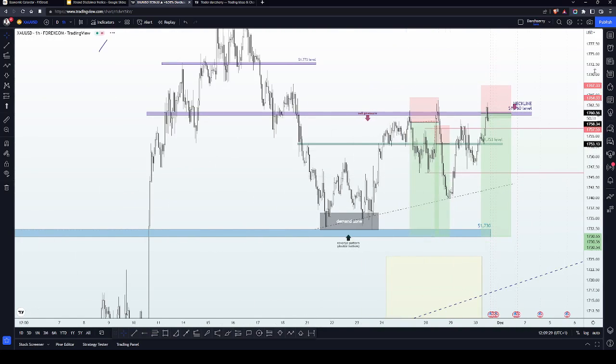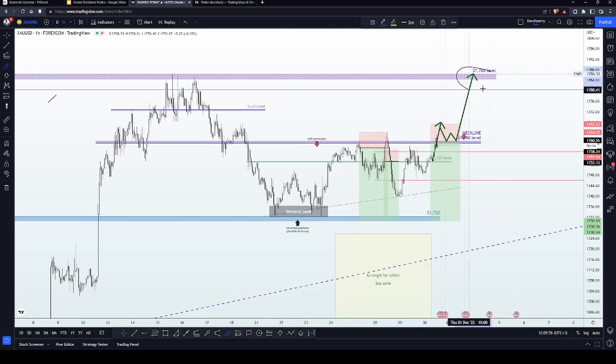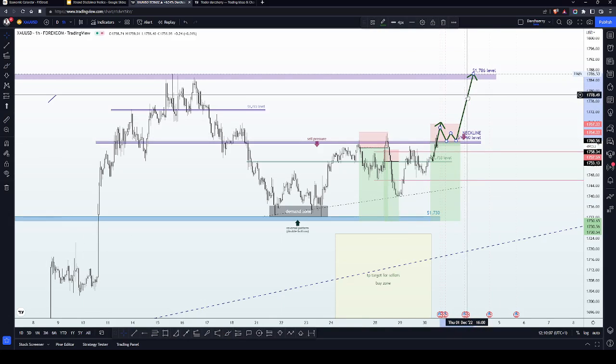Now, the other scenario that we might be looking forward to here is if we have an outright breakout of the 1,760 level, that is an engulfing candle that takes us out of this position at this point. Remember, at this point, I'm not going to be getting too excited. Instead, I'll be scaling down to my lower time frame, look out for buying pressure right above the 1,760 to join a bullish momentum back into the 1,786 level, a level which also has been holding selling pressure in the last couple of months here on the XAUUSD,